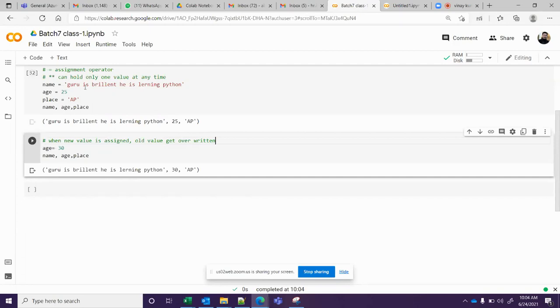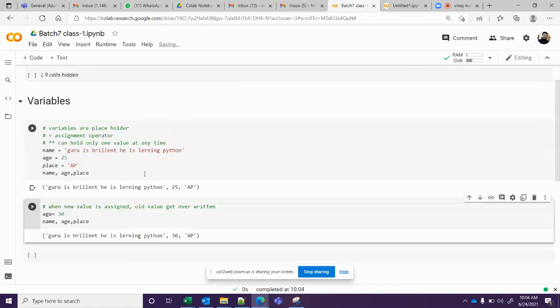Okay, clear about this? Any questions about variables? What are the advantages of variables? Let me put it, I did not discuss what variables are. Can anyone explain now? Variables are just like placeholders which can hold only one value at a time. Exactly, very good, perfect answer.